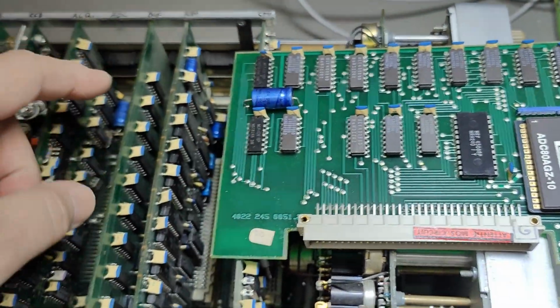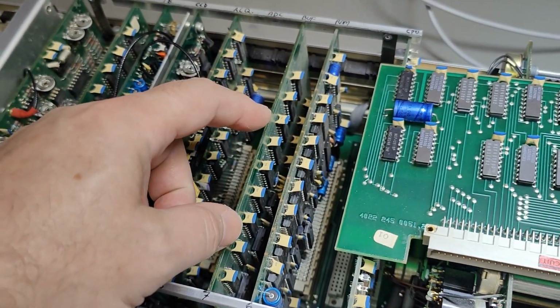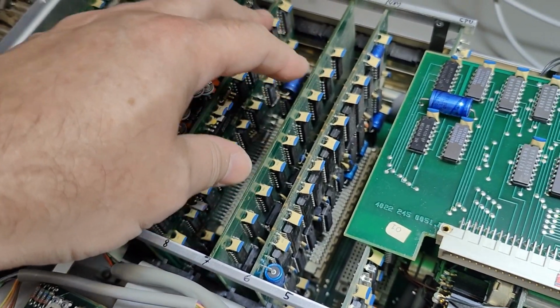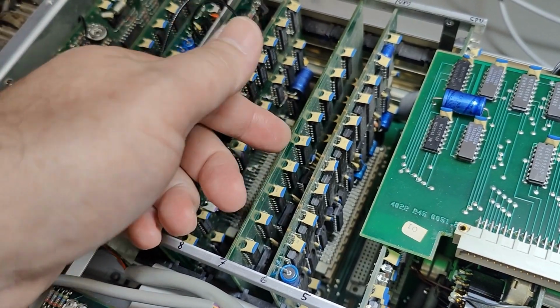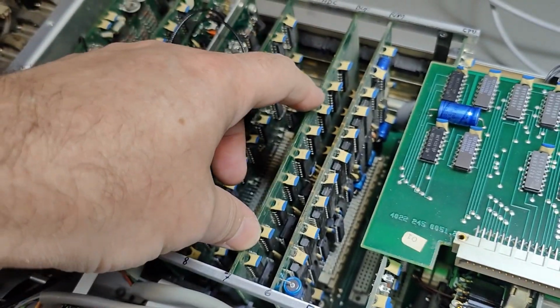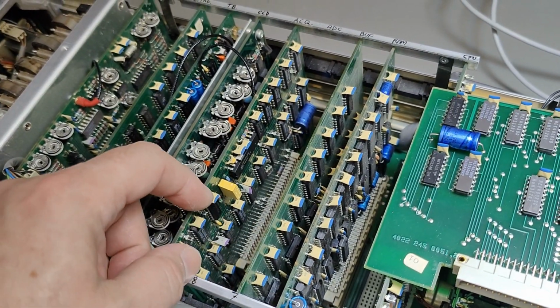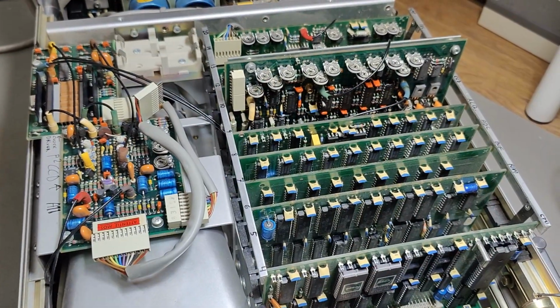Oh yeah, the other module here we skipped, that is the buffer module for the AD converter, but this is just not interesting. It's just a shift register and a DA as well. So not a lot of interesting stuff going on there. So here is